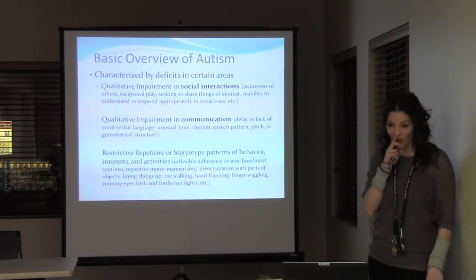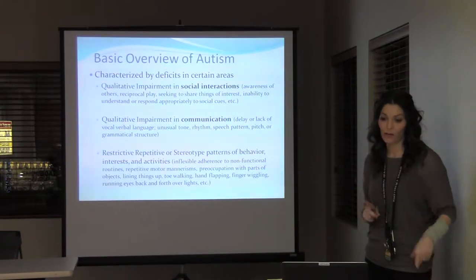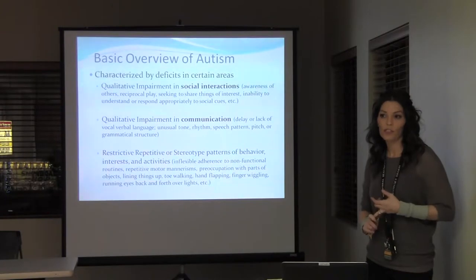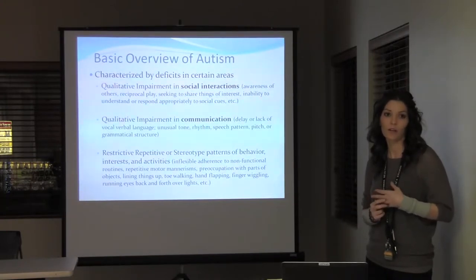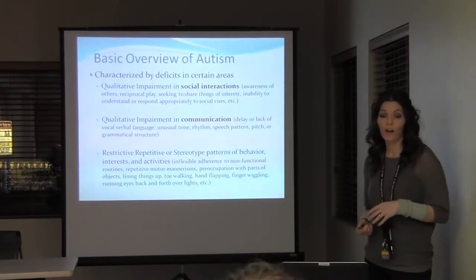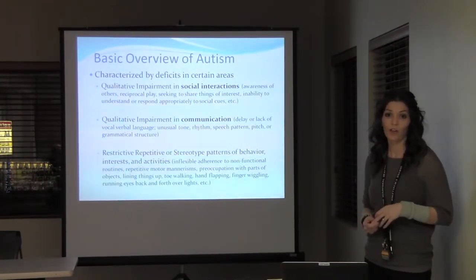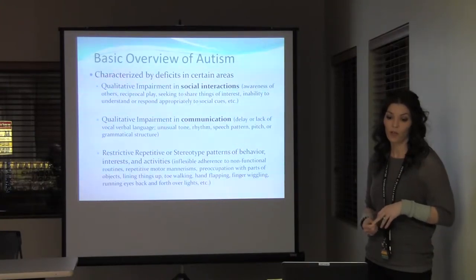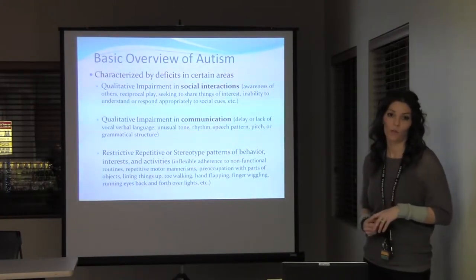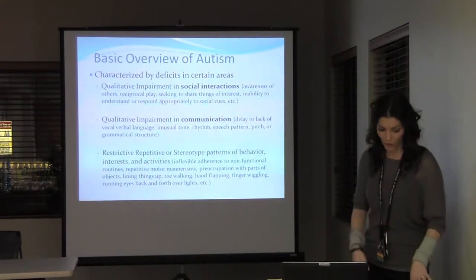Okay. So when we're looking at these 3 skill deficits, the social interactions, communication, and the restricted or repetitive behaviors, what do you guys think would be the most contributing factor to engaging in problem behaviors or having crisis often? Lack of communication. Right. So when you have individuals who haven't acquired a functional type of communication or have a severe language delay, those are going to be individuals who are most likely to have problem behaviors, and when in crisis is going to be the most difficult to resolve, the most difficult to respond to. That makes sense,